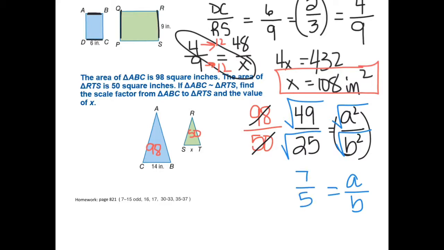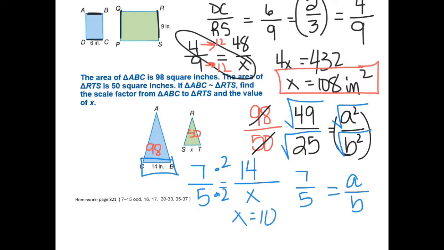So here's how I want you to think about this. The scale factor of the large shape to the small shape has to be the same, so we're finding the scale factor, 7 over 5. So if side or segment CB is 14 inches, I multiplied by 2. That means that X has to equal 10 inches. So we're just using scale. The area of the similar figures, or find one of the missing measures of